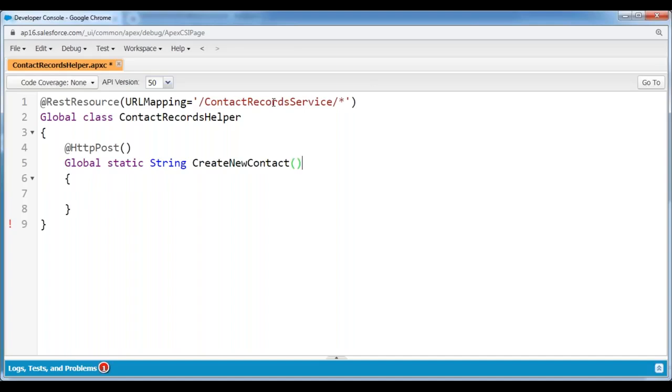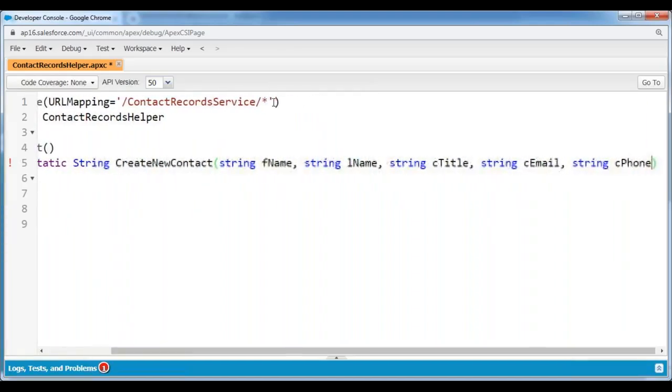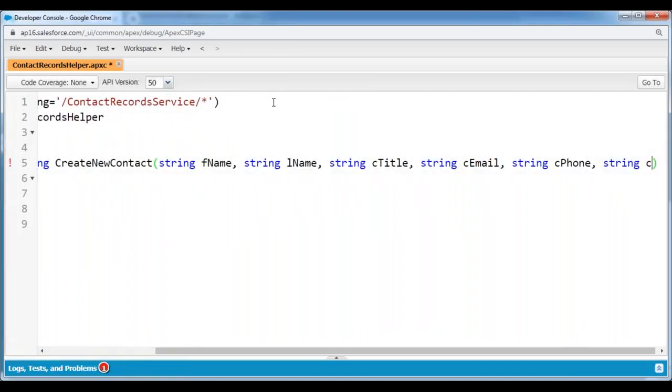Here I'm passing the required parameters. Whenever you want to create a contact record, last name is a mandatory field. Along with that, I would like to pass a few more fields also. For that, we can specify the parameters: string first name, string last name, string title, contact title, string contact email, string contact phone, string contact fax,